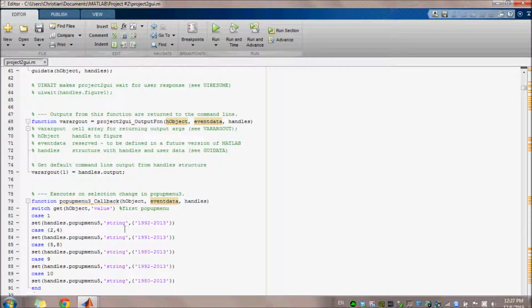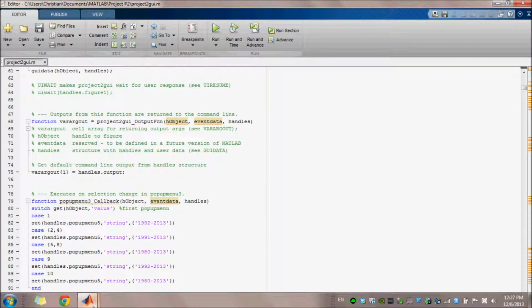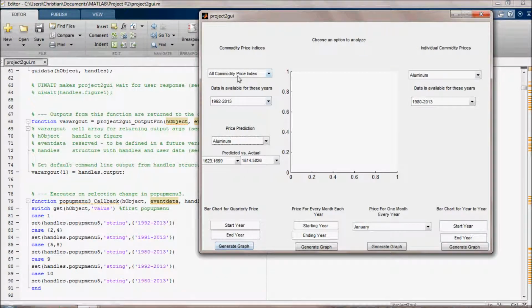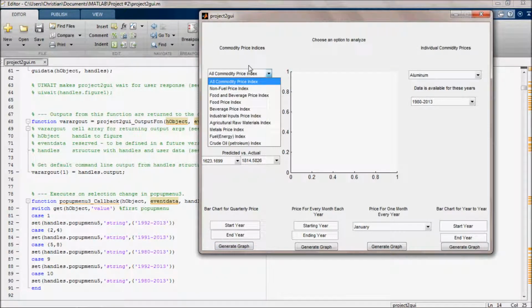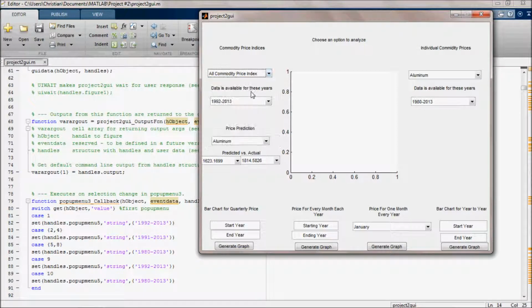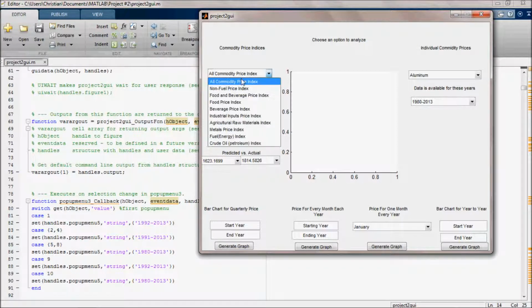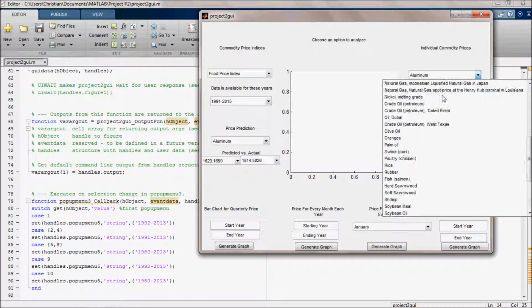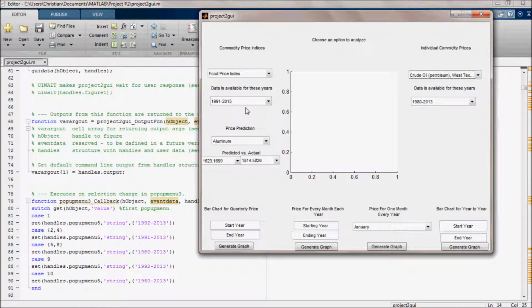Our next step was we used two pop-up menus for each of the indices and prices. So you can see them here, and it's all the options. And then